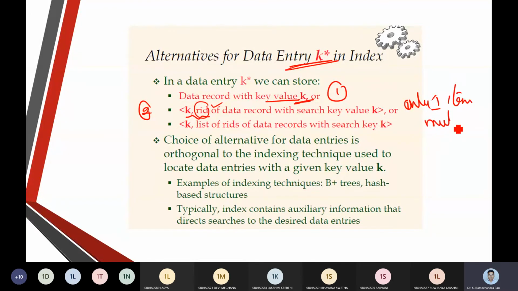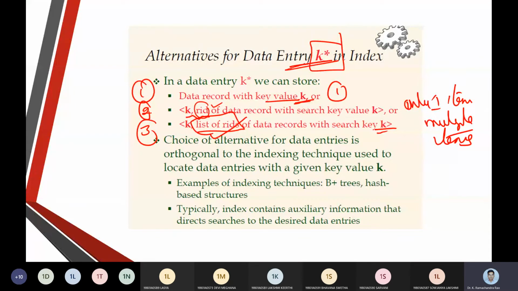But if I am going to work with multiple items, obviously we need to go with the third approach, which we call a list of record IDs. So we will work with the list of record IDs with the search key. This is what we need to have when we are working with the key mechanism.